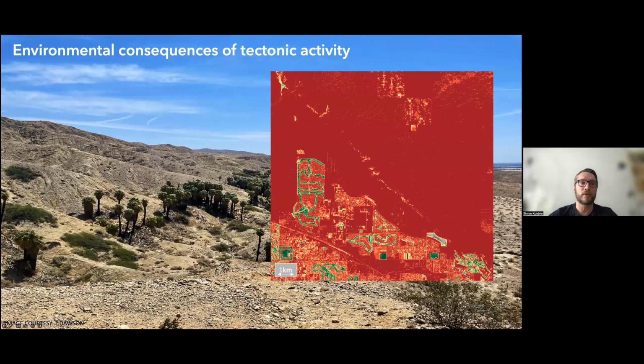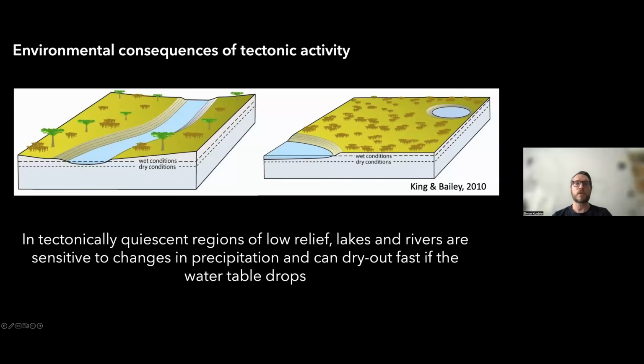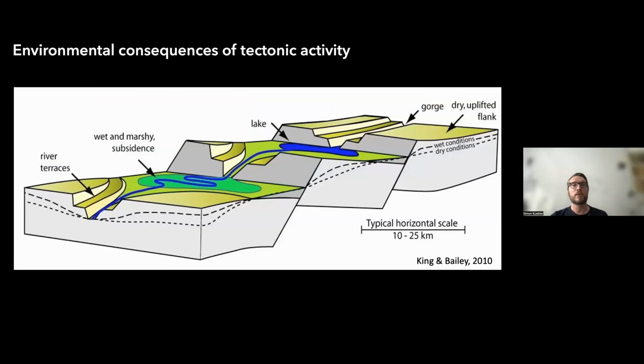People have thought about this before, and to visualize the environmental consequences of tectonic activity on landscapes, this is a nice and very simplified cartoon that Jeff King and Jeff Bailey put together a couple of years ago. So basically, if you think about tectonically inactive low relief landscapes, any kind of water bodies are pretty sensitive to changes in precipitation and can dry out very fast if the water level drops, as you can see in this picture. If you think about another end member, so a very tectonically active, dynamic and complex landscape,